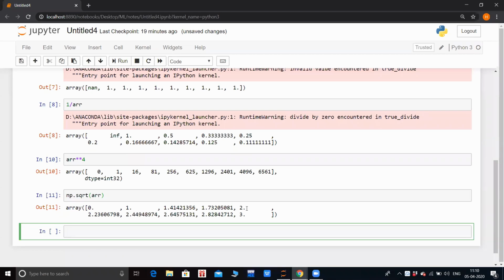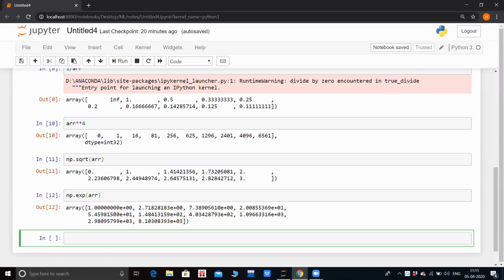So similarly, if you want to calculate the exponential values like e raised to values, you can just use the exp function and then pass your array inside your brackets. You will get exponential values for each and every element of your NumPy array. Moving on, yesterday we used argmin, argmax, max, and min.